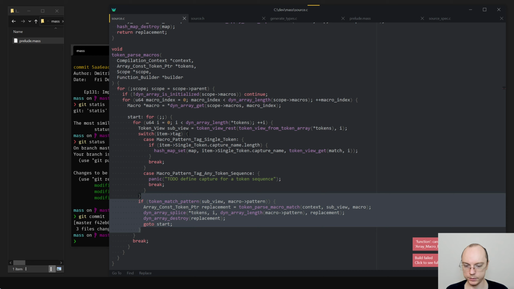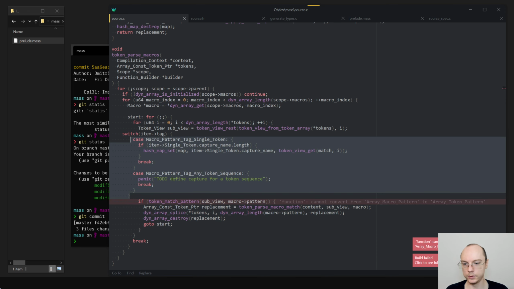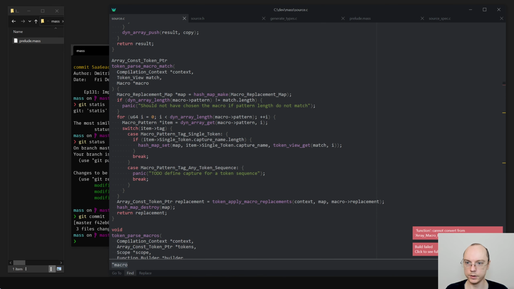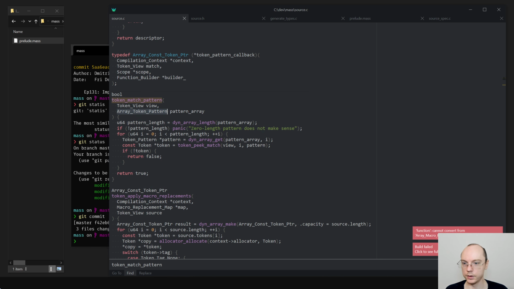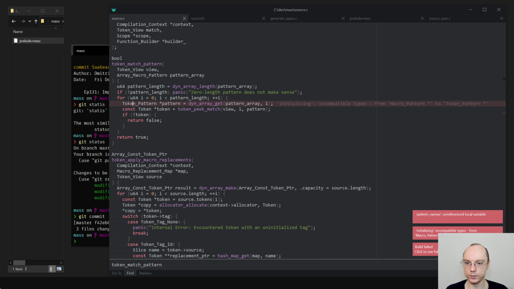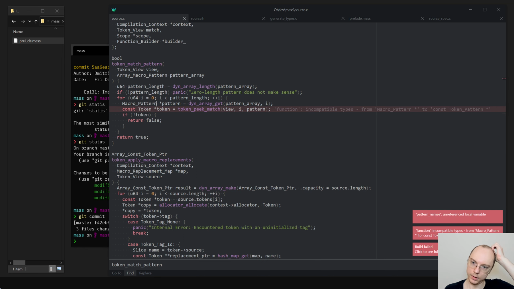So we have a separate function for matching the pattern that just takes a subview and tries to match it. Okay, so that means that this doesn't actually go into here, and instead we have token match pattern to take care of. Array token pattern, and instead it will be array macro pattern. But this will also change in a second. I just don't want it to be that way. Okay.